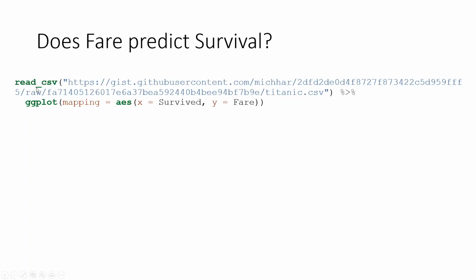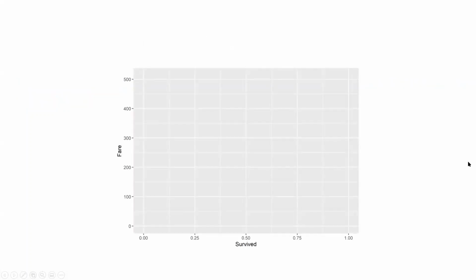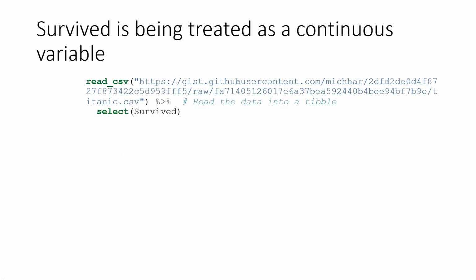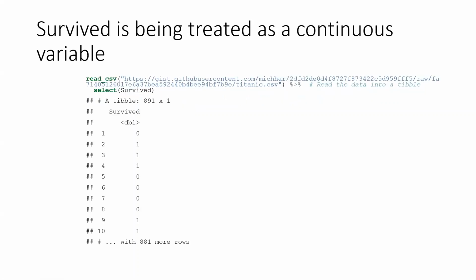So we ask this here, we get our data, and then we do our ggplot. We set x equal to survived and y equal to fare. But actually, we can already see there's a problem here. Survived is supposed to be 0 or 1, but it's made this continuous axis here. It's not just a 0 or a 1, it's 0.00 all the way through 1.00. And that's actually because we have a data type problem. If we look at our survived column, and we can see it here by doing the select statement for the survived column, we can see that it's considering this data to be a double